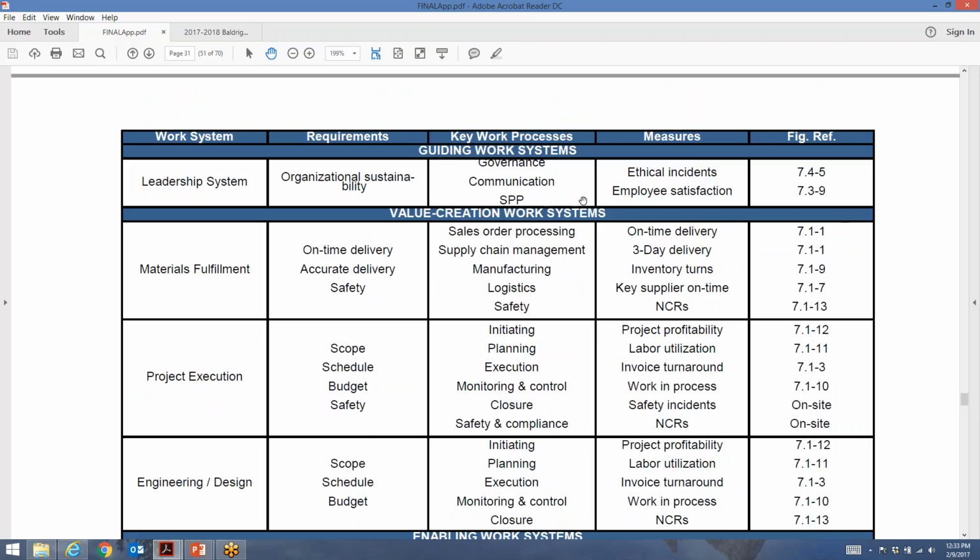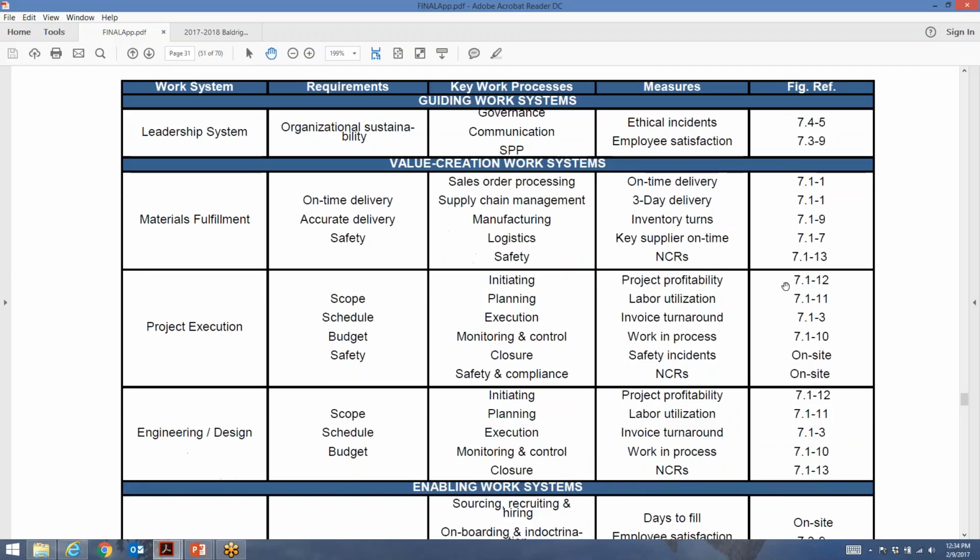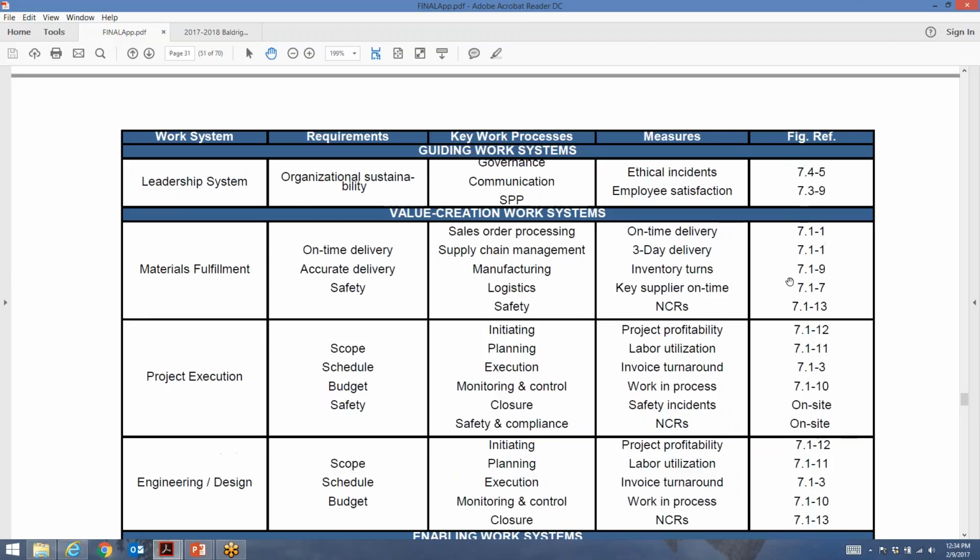Tell me what the requirements are. Tell me what the sub-processes are underneath that, and give me the measures, because in 7.1-ish, you're going to need to put some results in there. If they relate to other results items, then reference those. But put the reference number in there. Tell me what those are going to be.